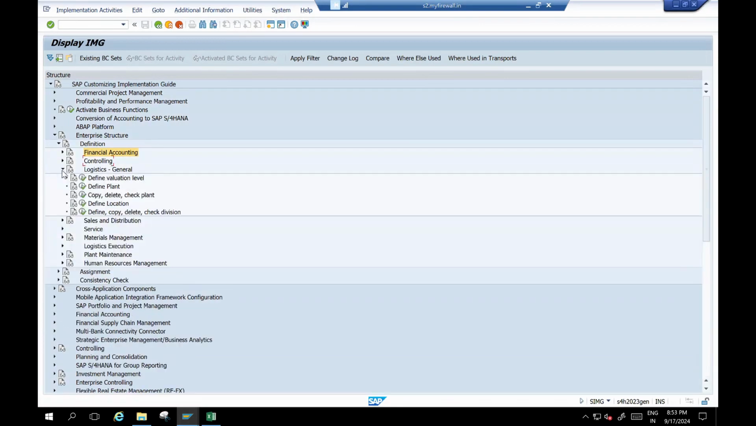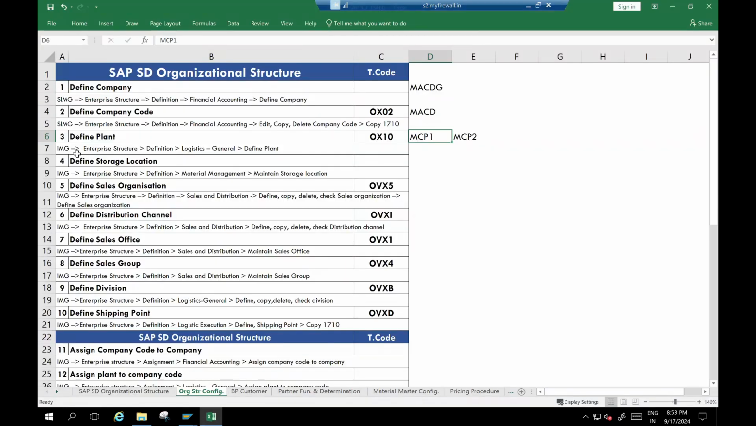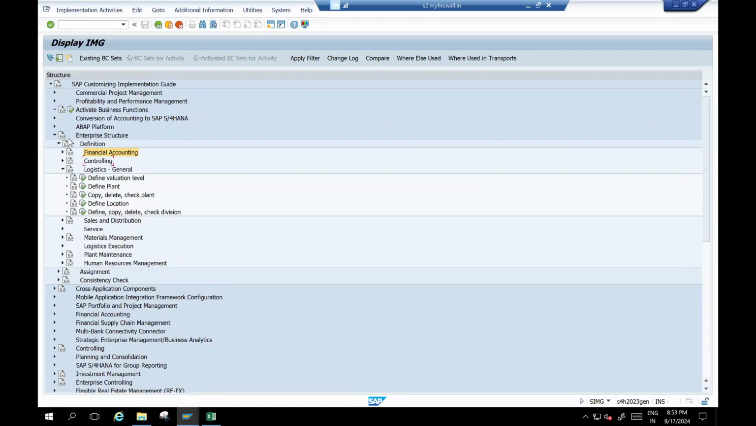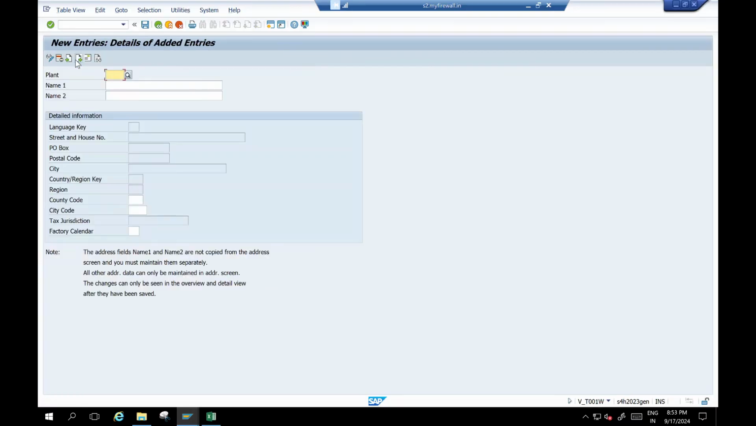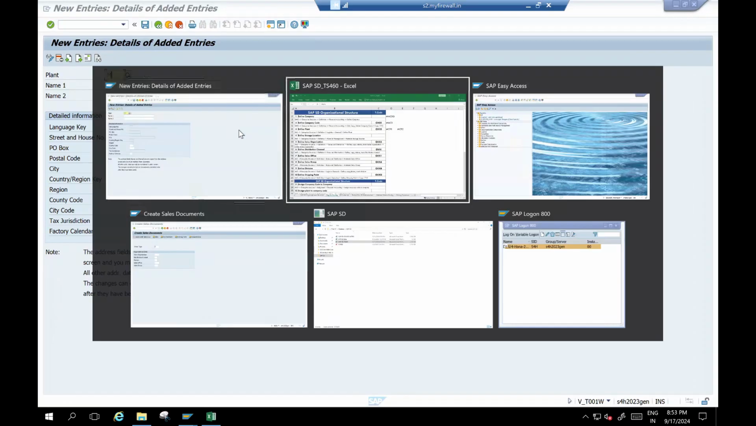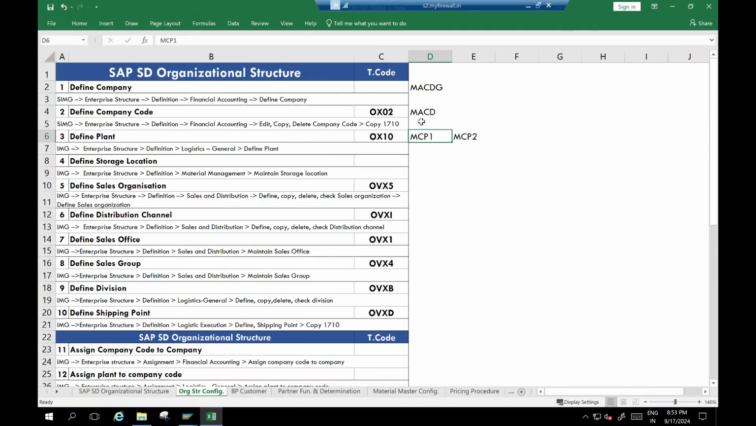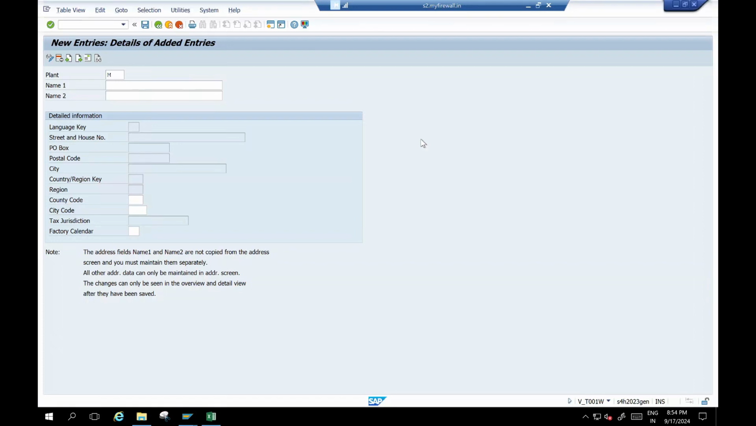Next, go to logistic general. See, I have mentioned the path, SIMG, enterprise structure, definition, logistic general, and define plant. So here, just click on new entry. So what is my company code? MACD, right? I will take Mac plant 1, MCP1, and here I'll take MACD